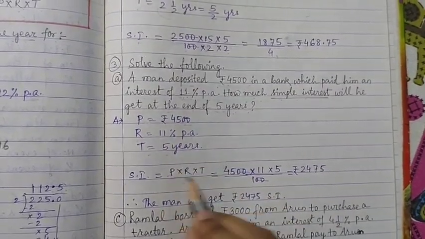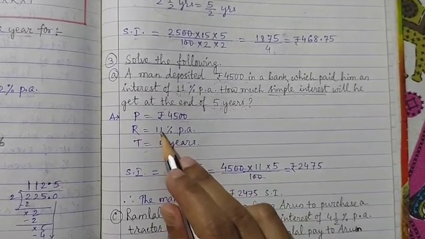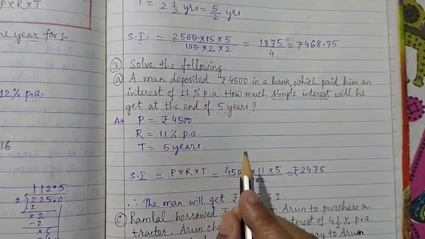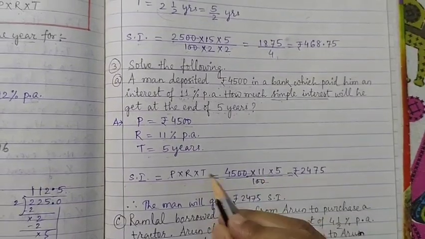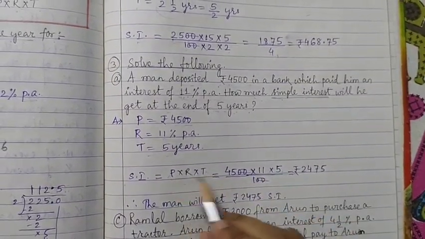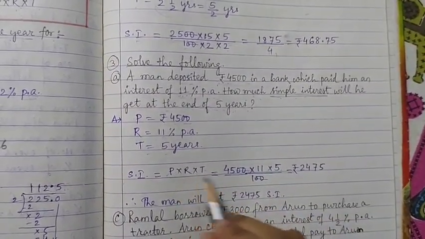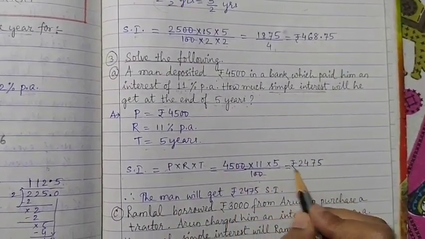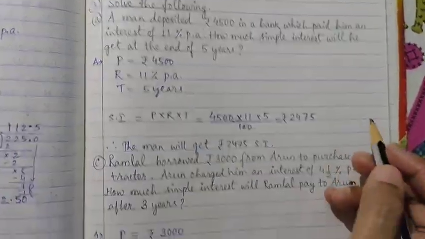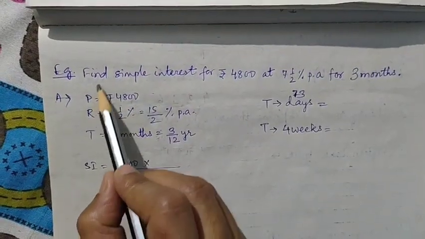Here as you have not written 100, so in place of R you are going to write 11%. So 11 and percent means 100. Then T is 5. Same, look, the same P into R into T by 100 is the same thing that came. Then cancel it and we find out the answer, 2,475. More example I want to discuss.